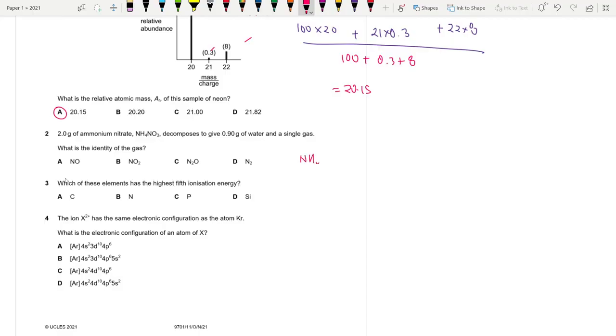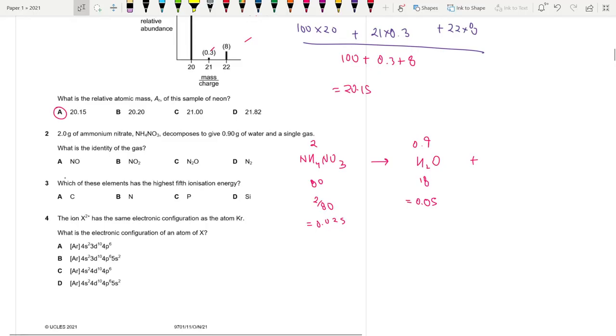Okay, so ammonium nitrate actually decomposes to give water and a single gas. So we have 2 grams of this and 0.9 grams of this. If you look at the MR for this, it's 14 plus 4 plus 14 plus 3 times 16, which is 48. That's 80. Okay, so if you want to find out the moles, 2 by 80, that's 0.025. What about water? What about its MR? That's 2 plus 16, 18. So 0.9 by 18 is